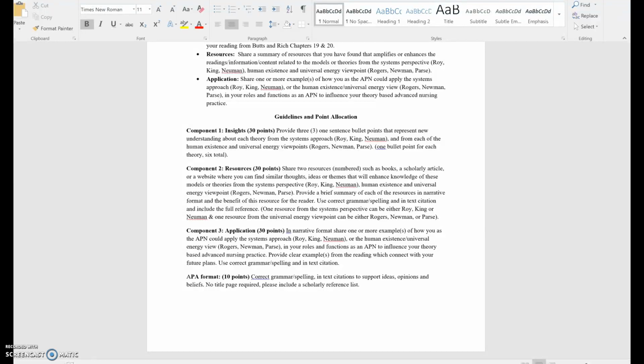It can be a scholarly book, scholarly article, or a website. And you're going to find where they're using or applying the human existence or universal energy viewpoint using Rogers, Newman, or Parse, or a combination of them. And you're going to provide a brief summary of each of the resources in a narrative format. So write it out. It can be 1 or 2 paragraphs,